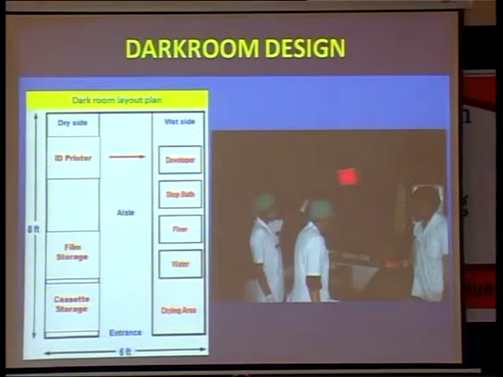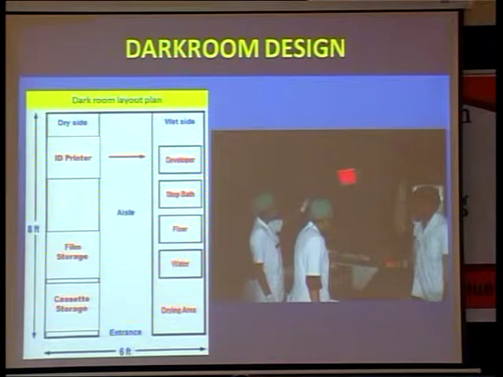Next, the dark room has a minimum requirement: if you have a spacious room, then you can do it. Now you are able to see the dry table and wet table. On the dry table, you have to get a printer, with the name of the patient, IP number, age and sex. Because in our country, sometimes on the same day many Priyas will be coming, and the age is also similar. So identification by a number, the ID number, is the one which will identify. Sometimes the same name and the same age also will be there. So the ID number is the ideal one to differentiate between similar names.